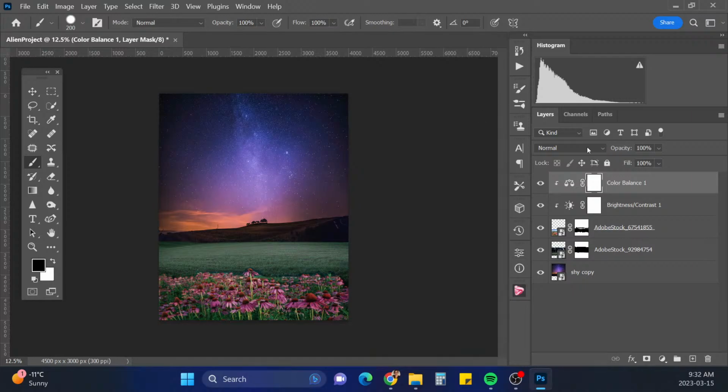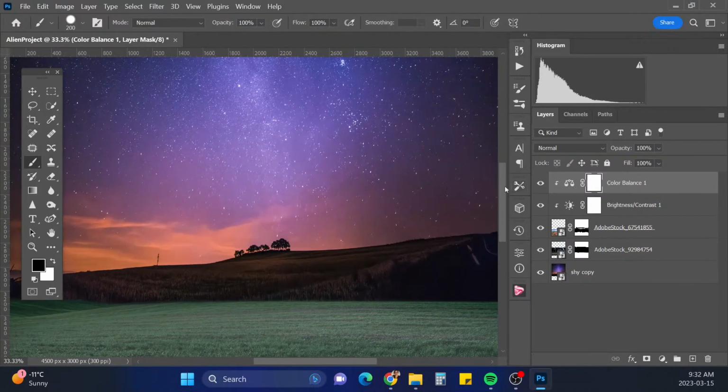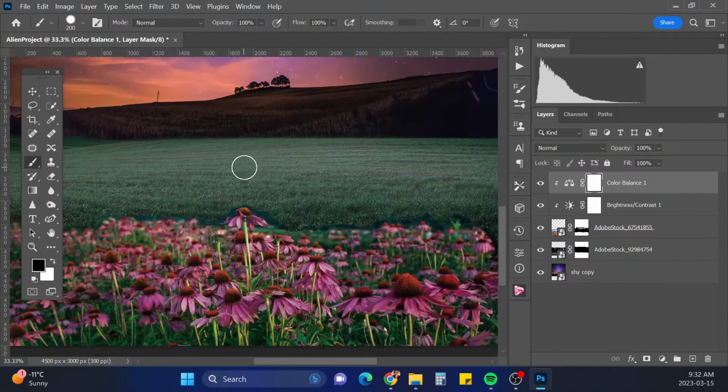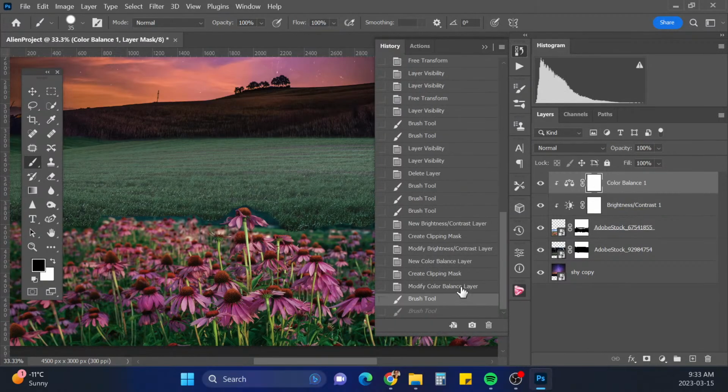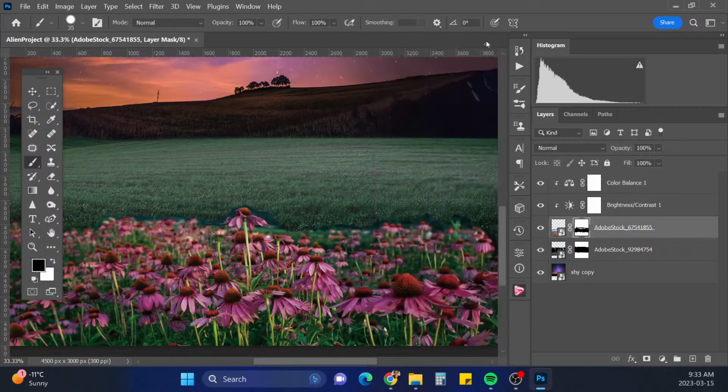So I'm actually going to put a little closer in here and clean this up a bit. Oops, I was on the wrong layer, this one.